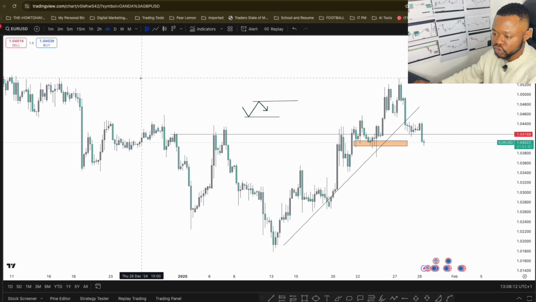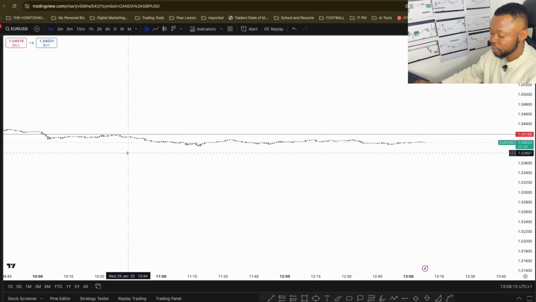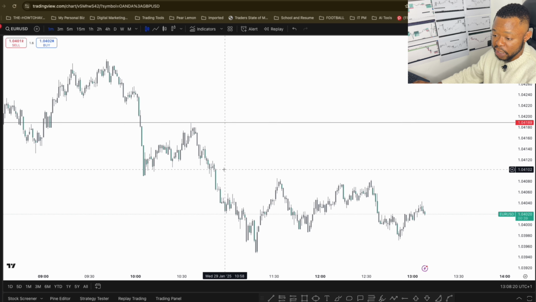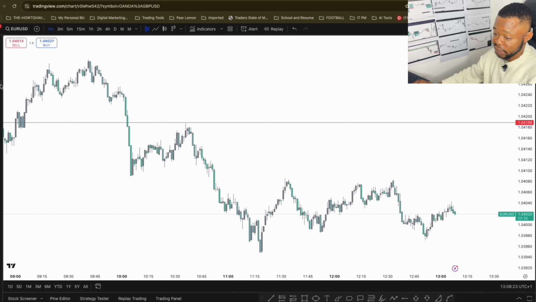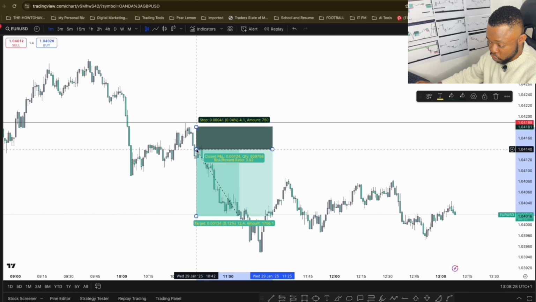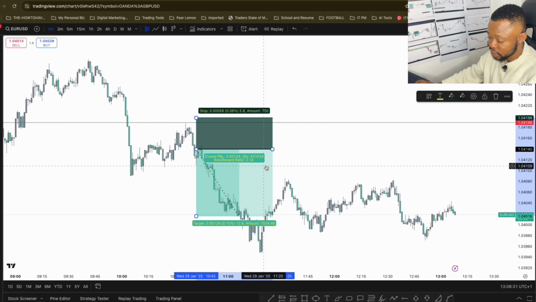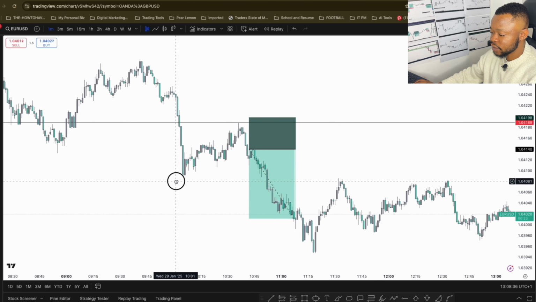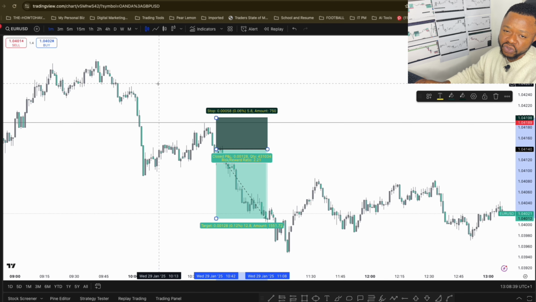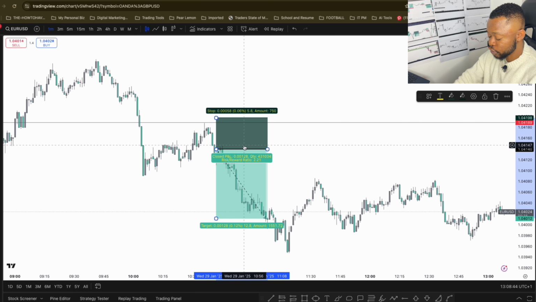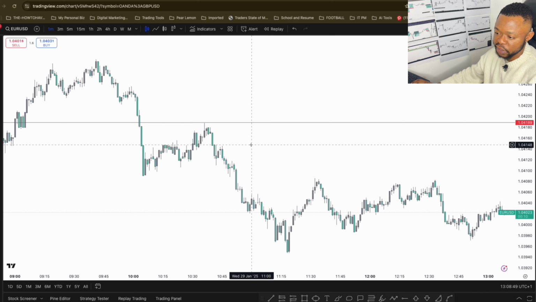Scalpers want to come on maybe the 1 minute chart, the 3 minute chart, and they're looking for quick positions to quickly sell short and buy long on any given day. They are not trying to hold positions for a long period of time. They're just looking to come on the 1 minute chart, find quick positions and execute their trades. But the thing about a scalper is that when you come on the minute chart, there are loads of candles, so it sometimes gets overwhelming. That's for me though. But that's the basis of a scalper: I want to come in, quickly buy and sell as quick as possible and get my money out.